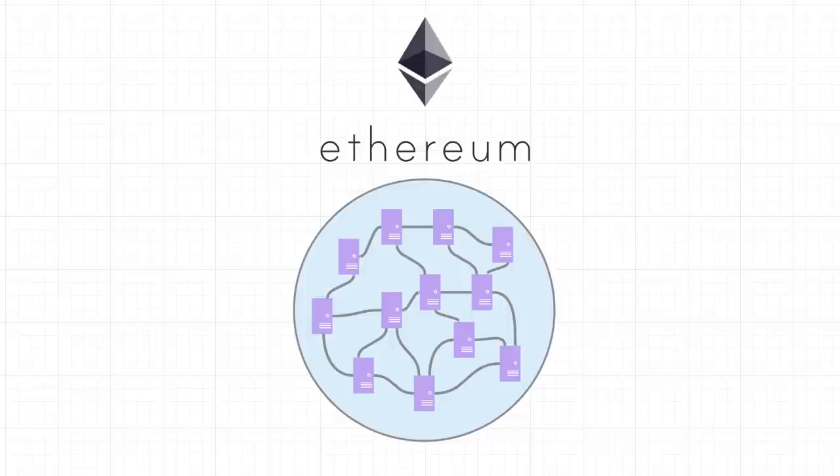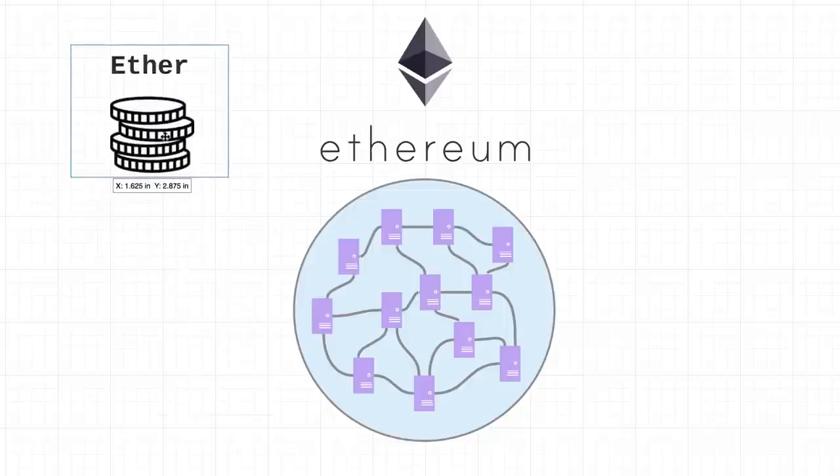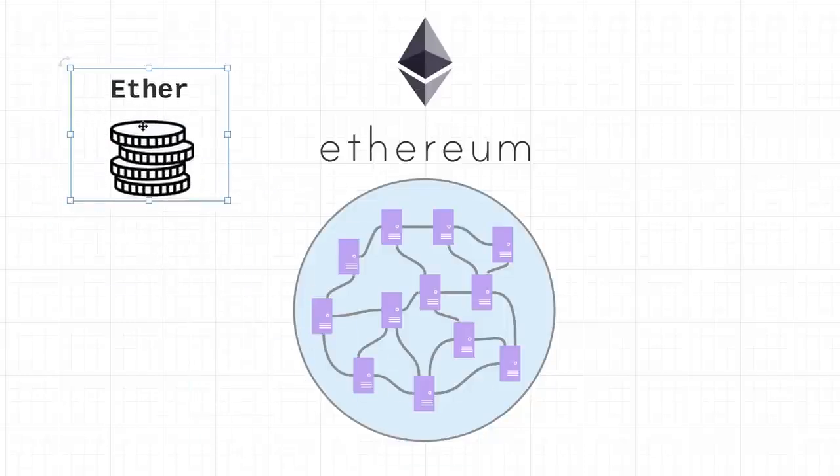So, where to start? How about what the heck is Ether? Great question. So, Ethereum's unit of currency is called, you guessed it, Ether. And you need Ether to do pretty much anything on the network, aside from some very basic things like you can read data from the network for free, but let's just say that you need Ether to do anything interesting